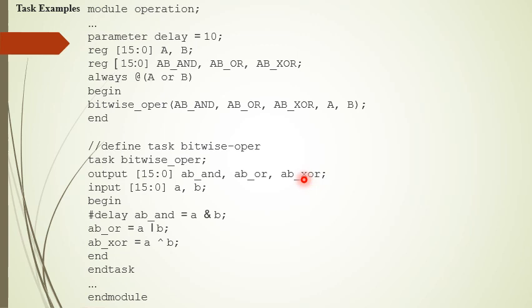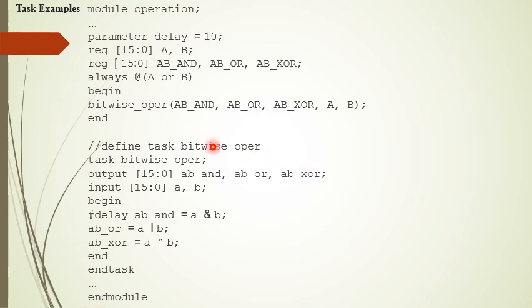Now these names can be different. You can see here, in the invocation line I have used all capital letters, and in the task definition I have used lowercase letters, or you could have used some other names altogether. The only thing is they are going to be mapped by position.